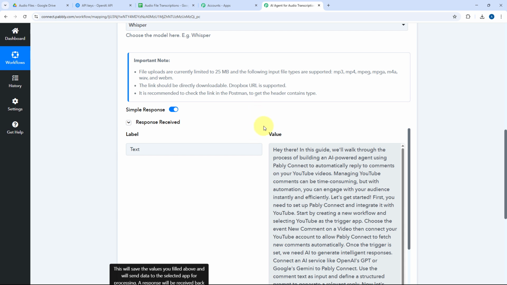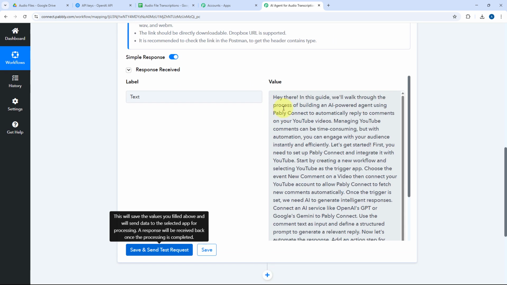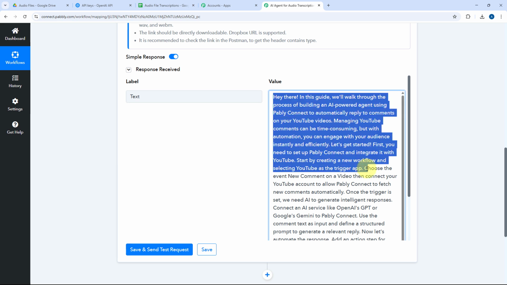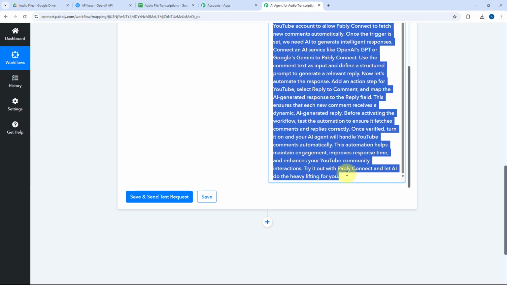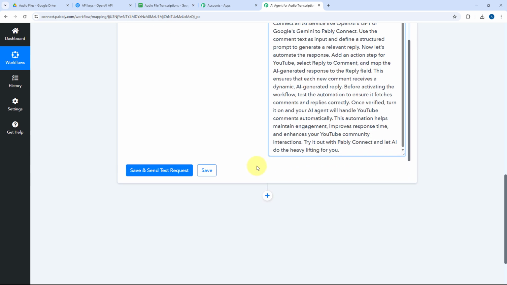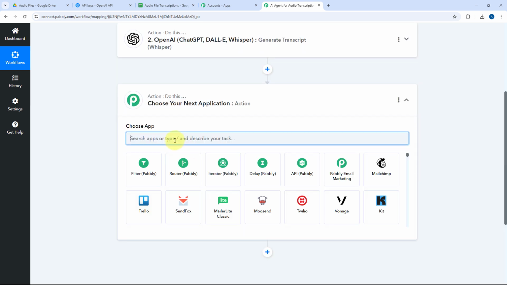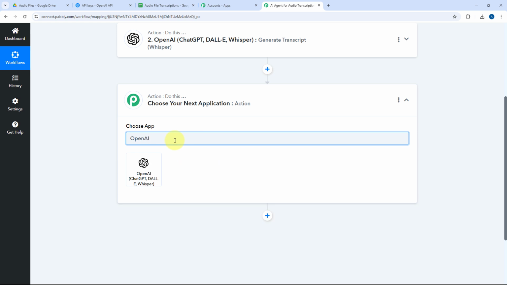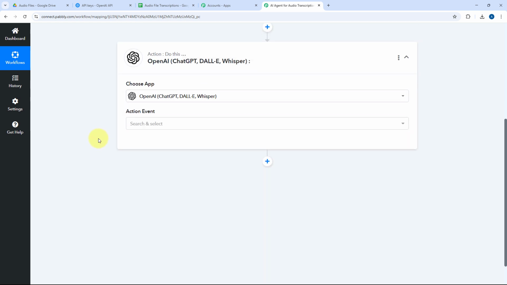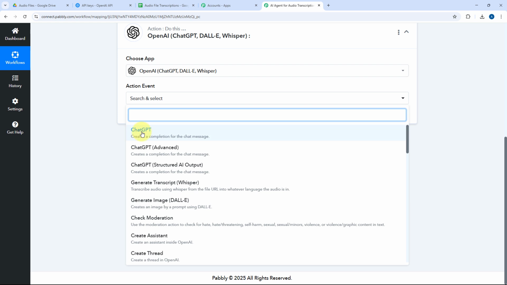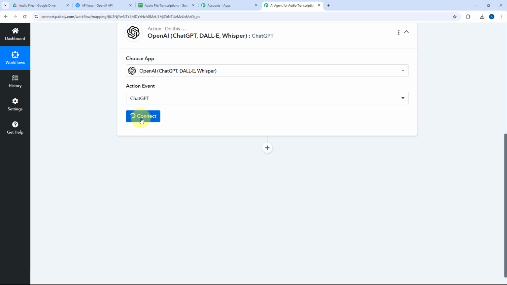After getting the transcription of the audio file, we want to basically get the summary of this transcription as well using ChatGPT. So for that, we will just scroll down, click on this Add Actions tab, and then here in Choose App, we will search for OpenAI once again. After selecting OpenAI, this time we are going to select the action event as ChatGPT, just click on Connect, and